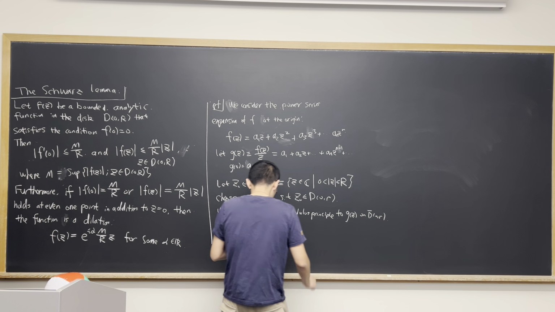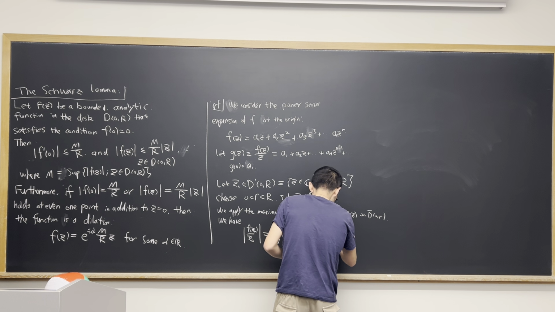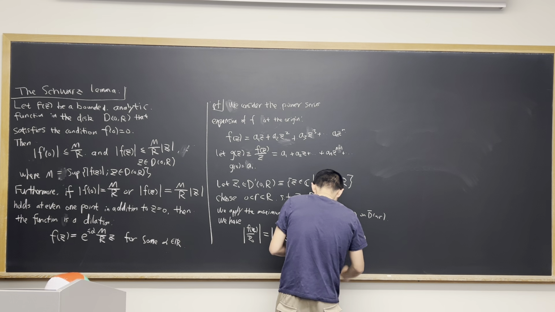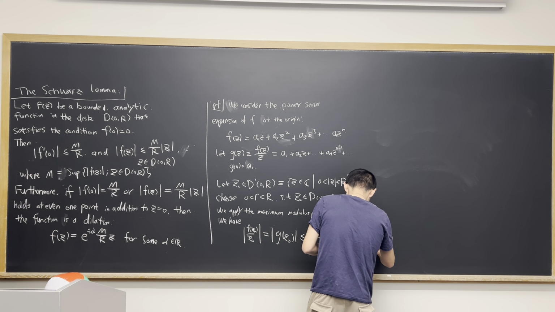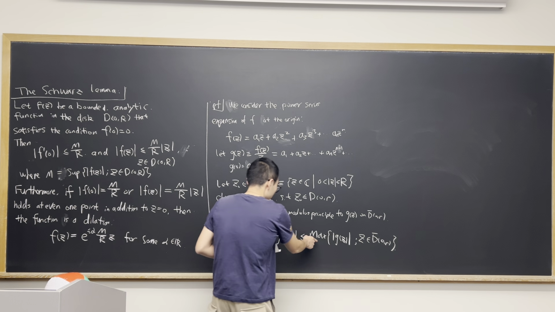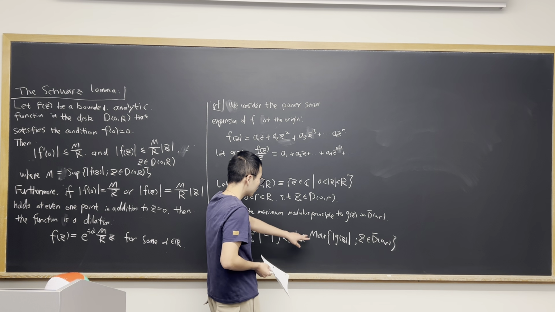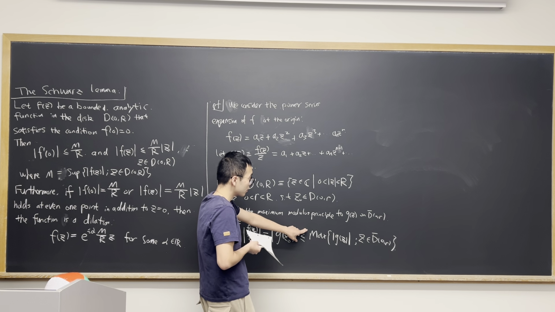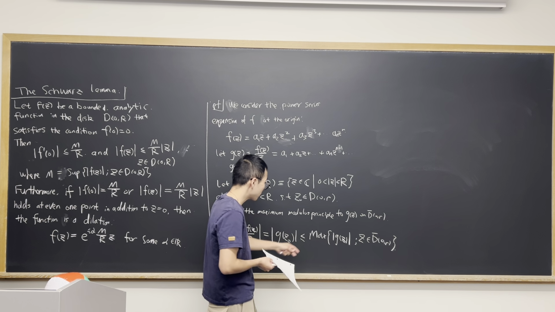Okay, so this is less than or equal to, of course, the maximum of the modulus of g(z) for z in the closed disk of radius r. It's less than or equal to the maximum. So here we know the maximum. So the maximum is